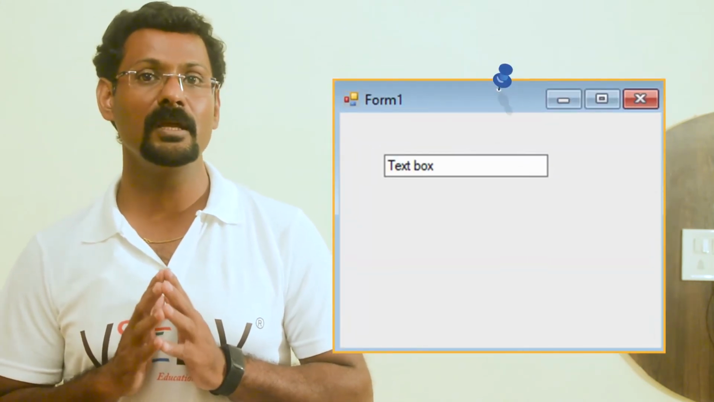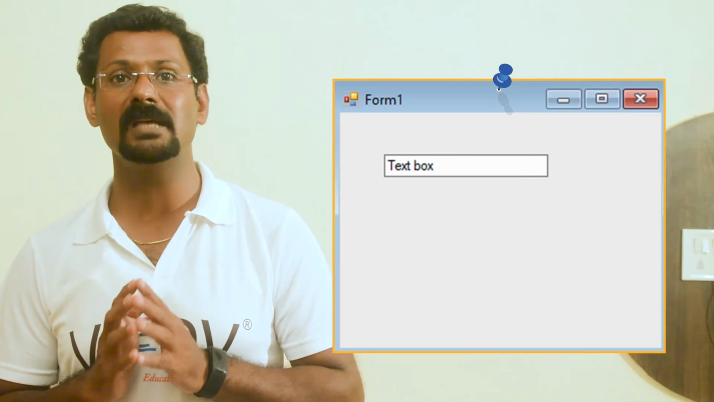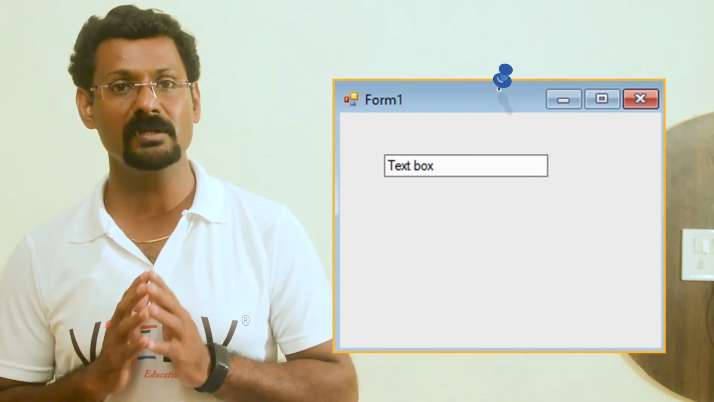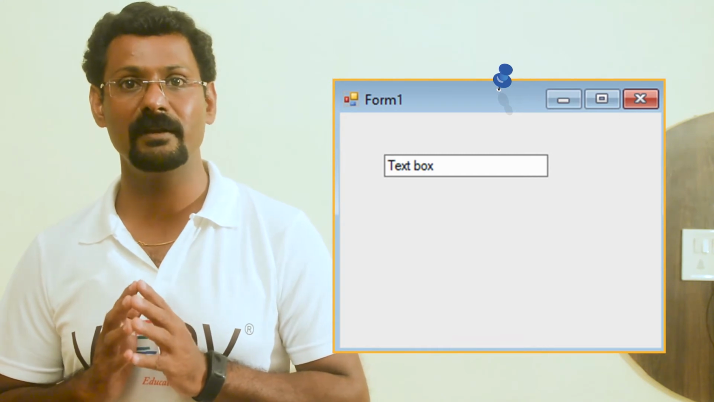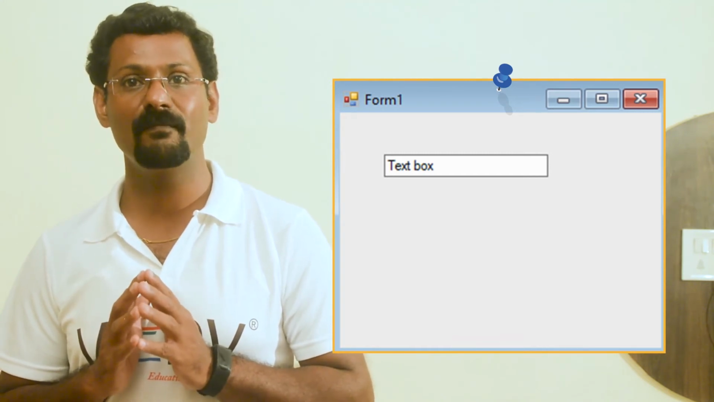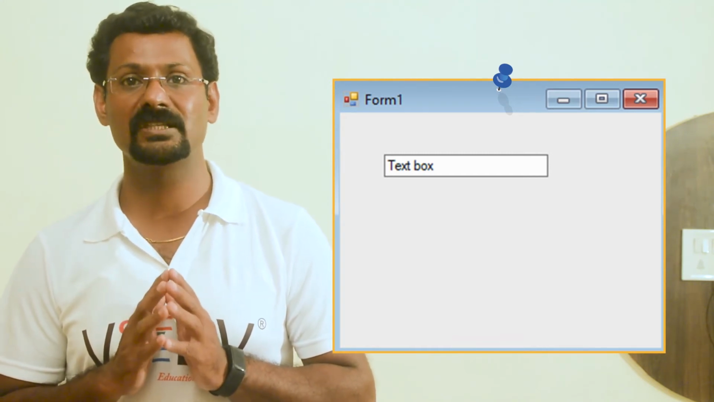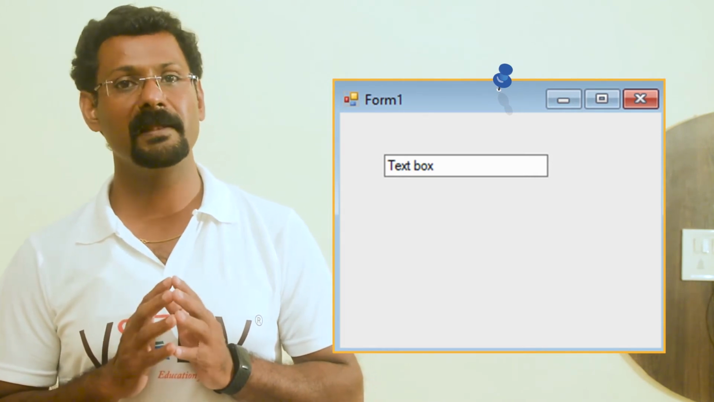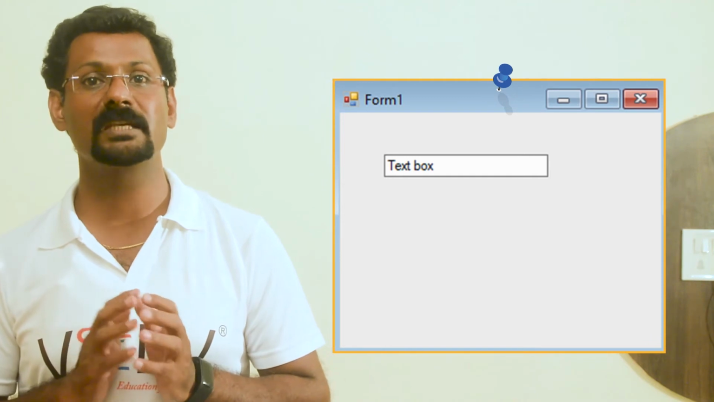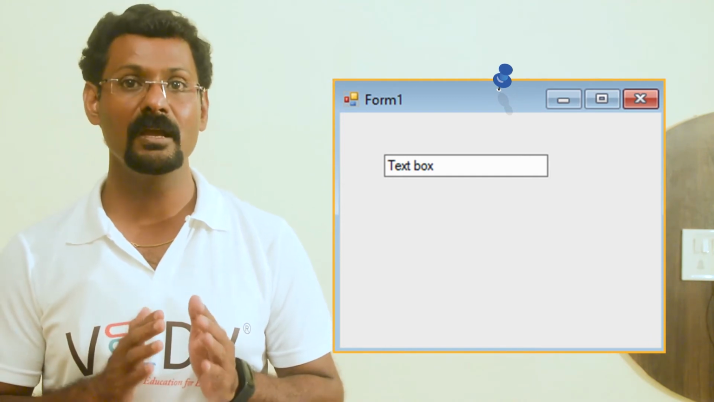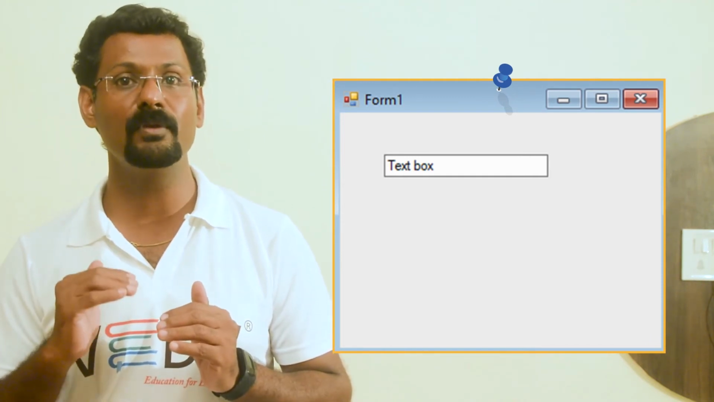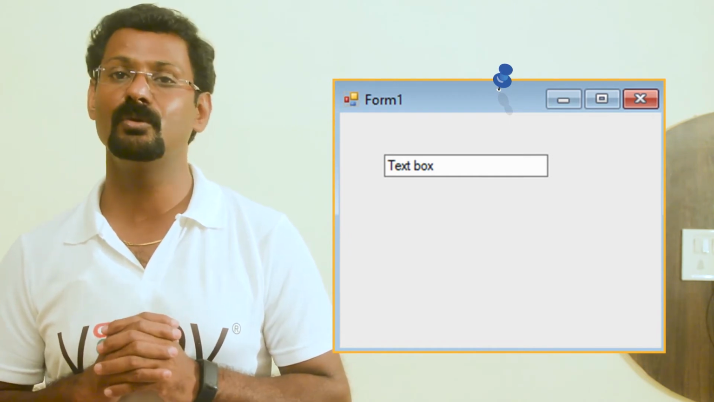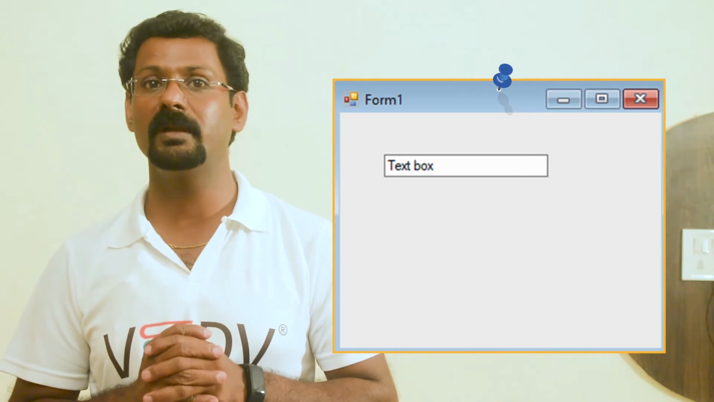The commonly used properties of a text box are Name. This helps to identify the text box. Font. This helps to set the font size and font style, etc. Text. This holds the text that will be displayed in the text box. Multi-line. By default, the text box expects a single line of characters. If you need to enter more than one line in the text box, you should change the multi-line property to